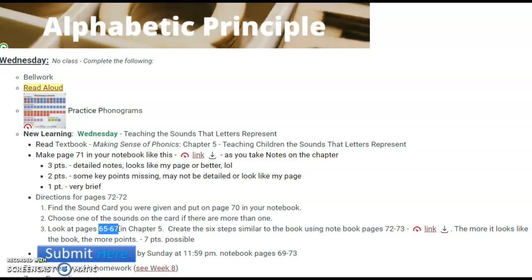about teaching letters that match up with